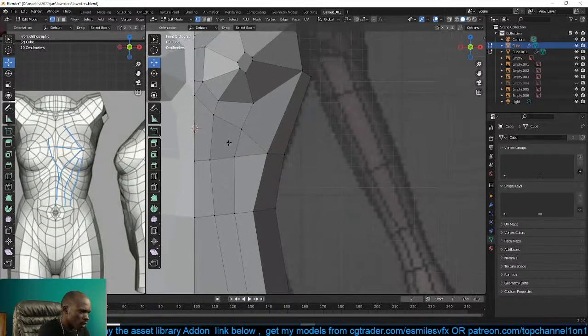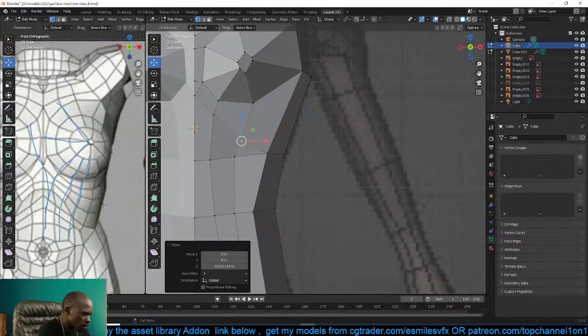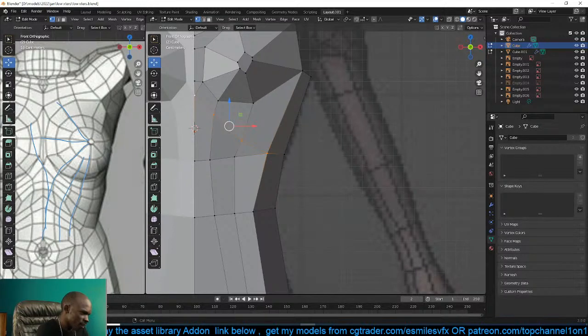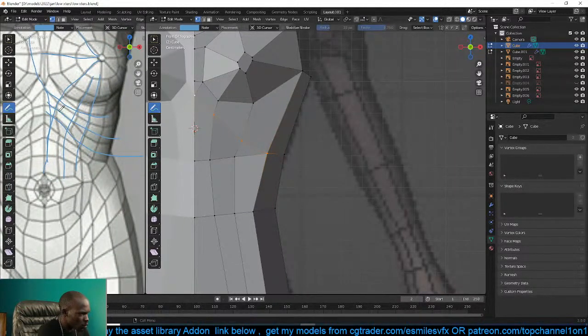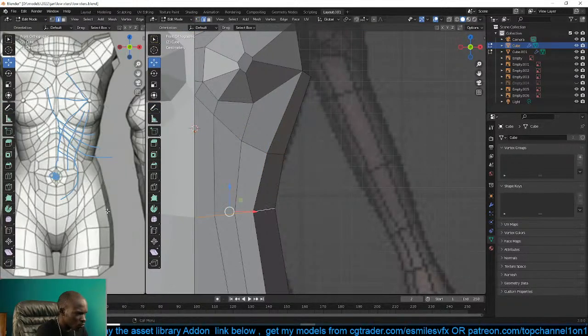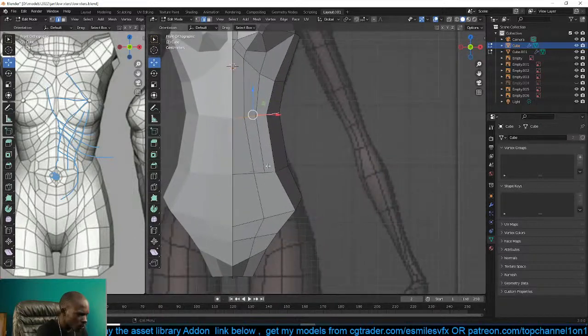So yeah, we have this ribcage area. So from the chest here, you can see every horizontal edge loop just follows the ribcage until the navel area here. So that means that this edge loop here should also